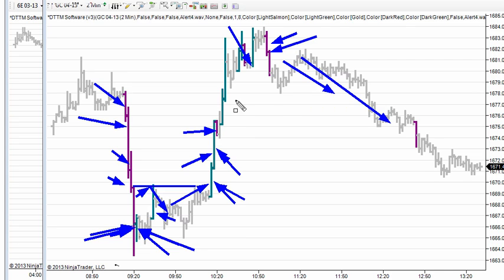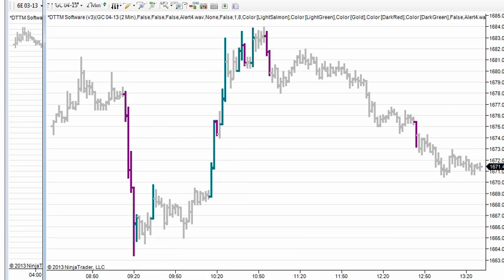I mean, for example, here's another one of those sweet spot ideas right here. Okay, another one right there. The one right there. So that's just one idea. Okay, let's have a look at